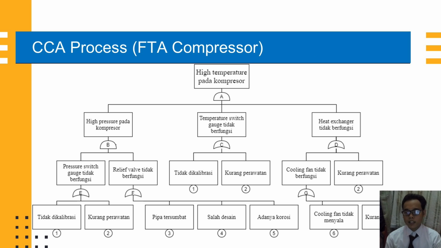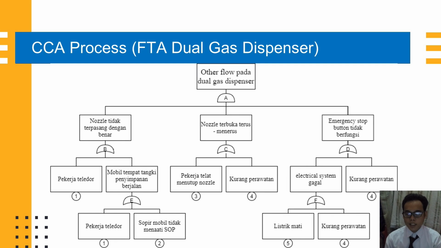The fault tree analysis of high temperature on the compressor has 6 basic causes, namely component not calibrated, lack of maintenance, blocked pipe, corrosion, design error, and cooling fan not turning on. The fault tree analysis of other flow in the dual gas dispenser has 5 basic causes, namely careless worker, lack of maintenance, car driver not obeying the rules, worker late to close the nozzle,